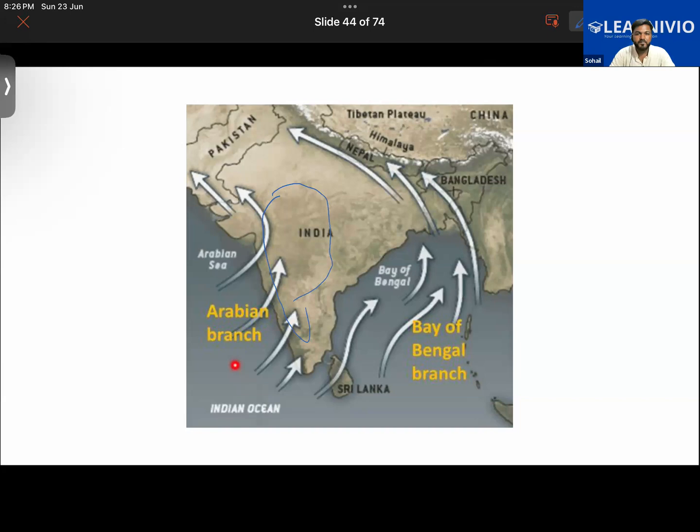Yes, sir, the little part to the right of where I have drawn would be really hot. This part over here. Yes, usually this part would be hot, but you'd see that it would also be receiving the northeast monsoon. But whenever the monsoon comes in, first of all this part of India would receive it. You would see that the monsoon would first come to this part, this part, this part, and gradually it will come to this much part of India.